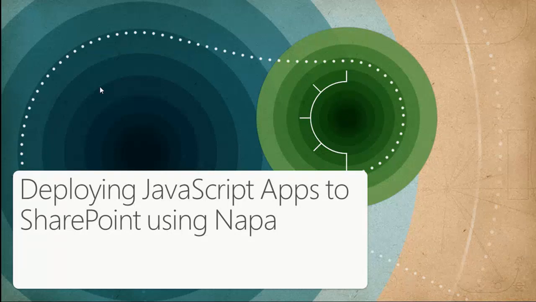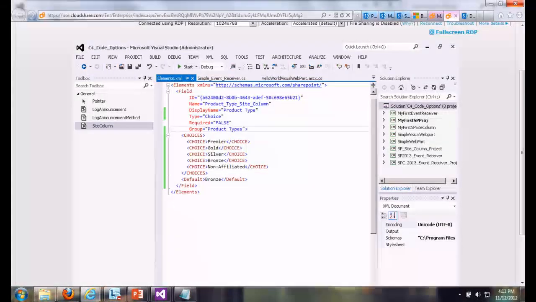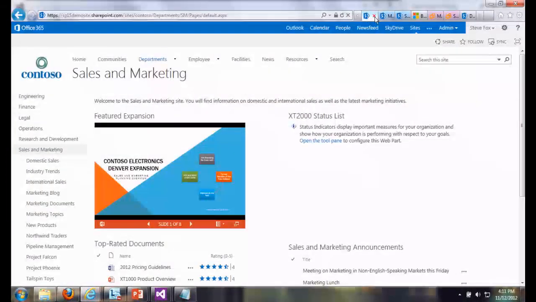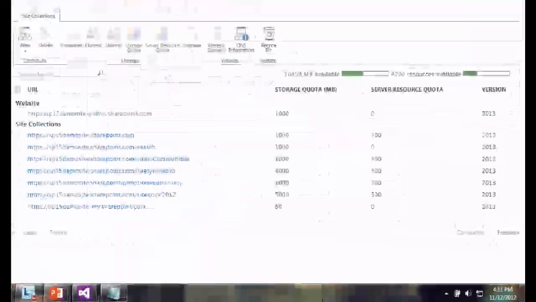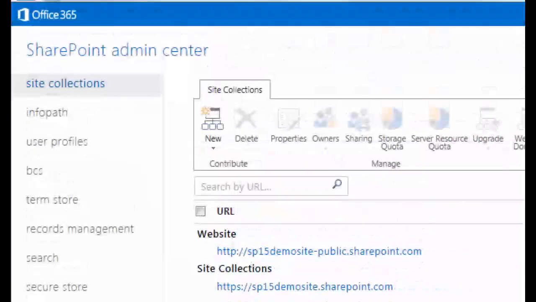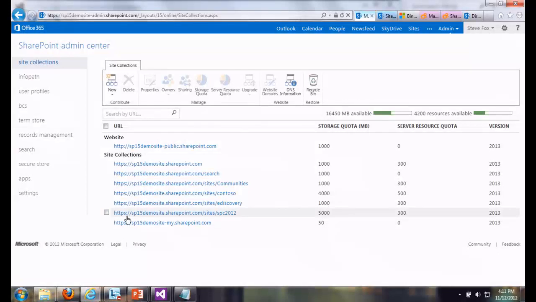Okay. All right. So if we jump back into our SharePoint site, let me kill this and this. Now, I didn't show you this. I probably should have. This is the SharePoint Admin Center, so this is where you go if you're the administrator of our SharePoint site collection, and you can create a new site. How I got to this was basically going into new, private site collection, and that gave me the opportunity.